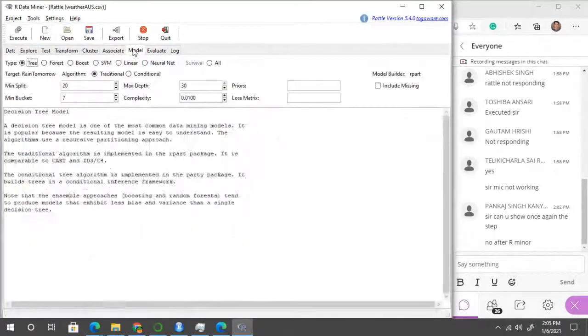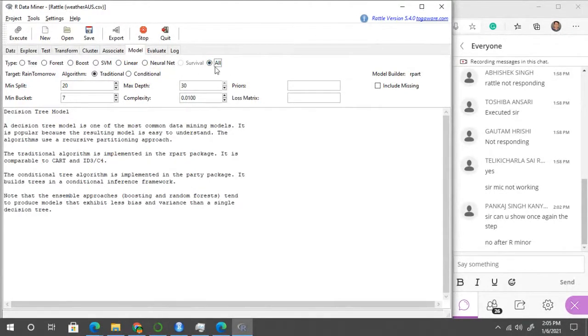We have to click on the models, and for models we have to select the algorithm. Which algorithm do you want to use? If you select all these algorithms for the execution, such as neural network, linear, and SVM, all these are predefined.